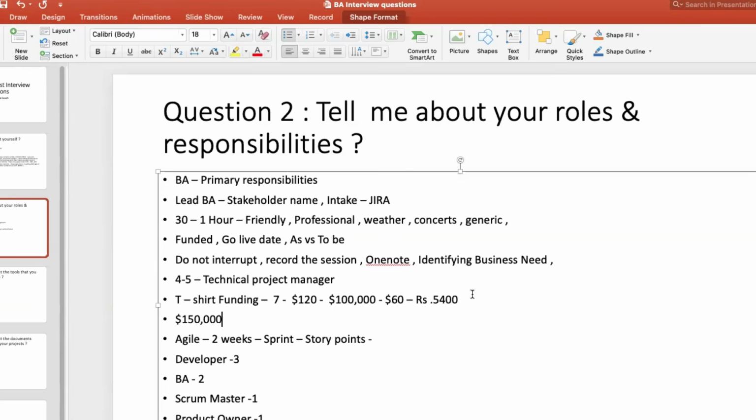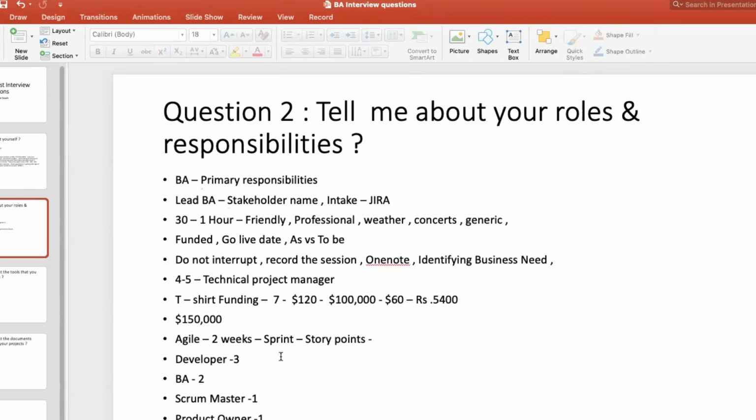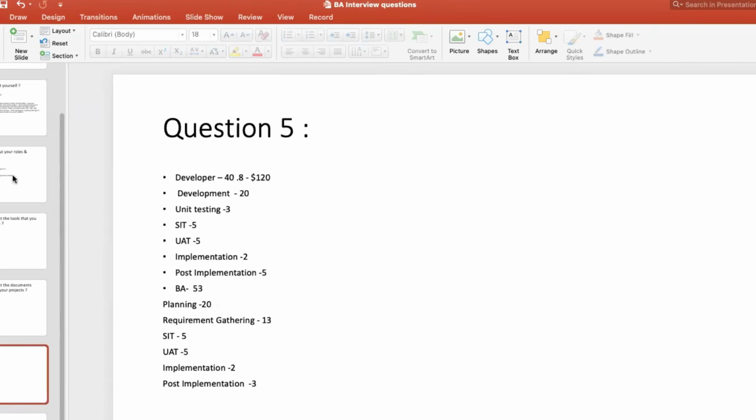But if constantly your team is not a profitable team, then that's where they figure out, okay, there is no use having this team, and then there are all these layoffs, right? So you need to understand that's a core responsibility for a project manager in India: he will do all this funding for you. But in the US, it's mostly the lead BA. So we do the funding and the funding calculation and everything, and we give it to our manager for approval.